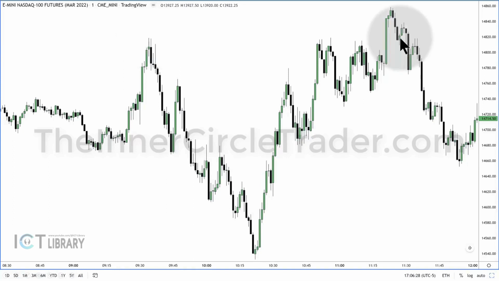Same thing here. Buy side is being offered until that opening price is violated right there. Then the change of state of delivery occurs. Now the market's going to be doing what? Offering sell side liquidity. What's that mean? It's going to start going lower and attacking the sell stops, all the sell side liquidity. It's offering it to the marketplace. That's what the algorithm is doing.